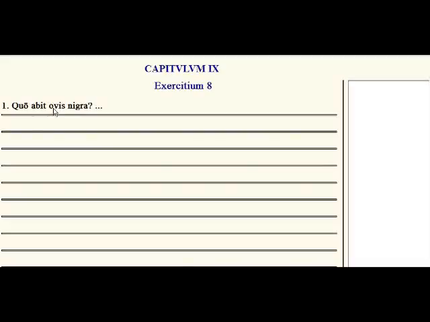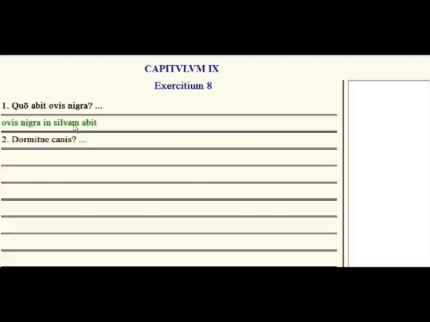So any one of those is correct, and as we get further in these questions, you're going to see that there are multiple answers that are correct, and we're always going to, after we're done, try to form our answer the way that Orberg did. So let's see what he said. He said ovis nigra in silvam abit. So the black sheep goes off into the woods. He chose the woods rather than heading toward the stream. So let's cover up the answer and say it again. Quo abit ovis nigra? In silvam abit.